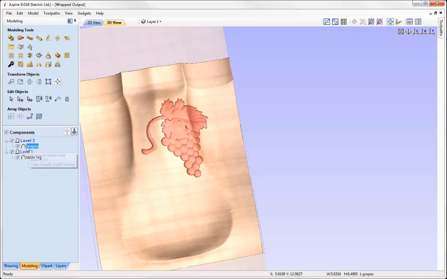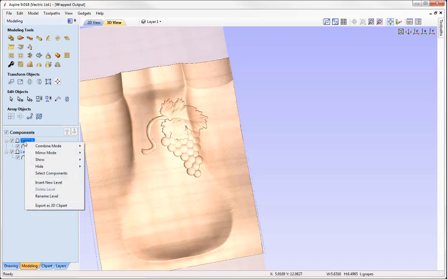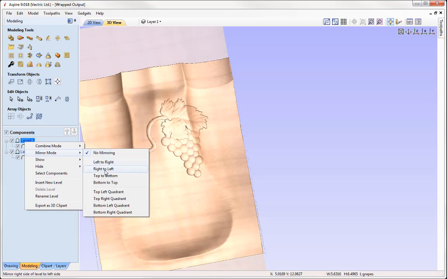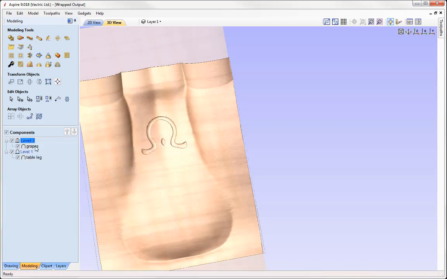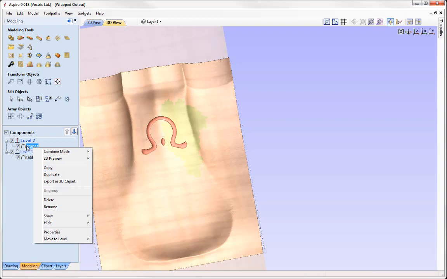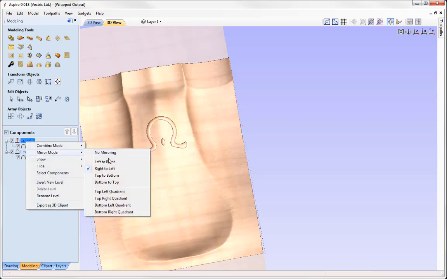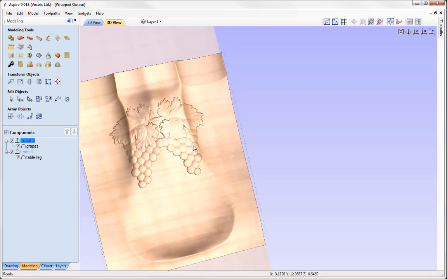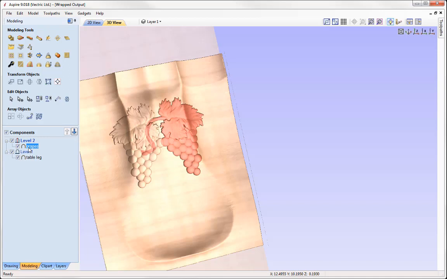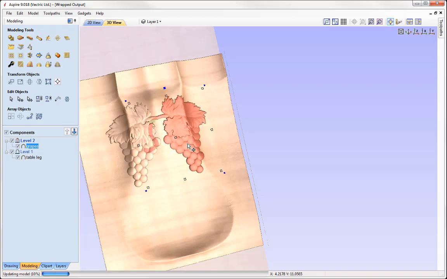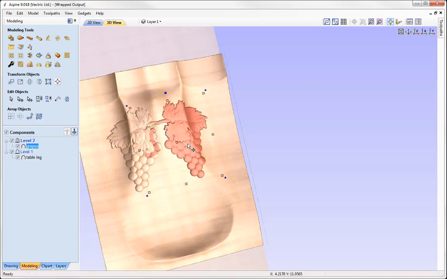So we've got the grape specified on a different level, and with that level I'm going to say okay, combine mode, mirror mode, right to left. Okay, in this case actually it's left to right, isn't it? Okay, so we've got that there, and we can manipulate those further. So if I wanted to take that and then just slightly shift it, so we can see that we can get to the point where we are happy with the result,